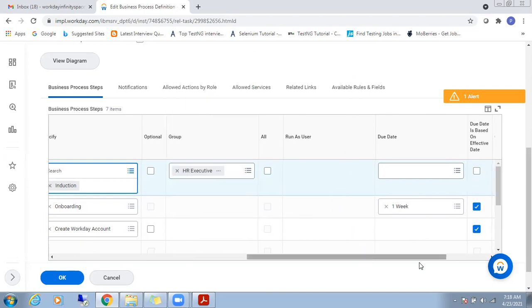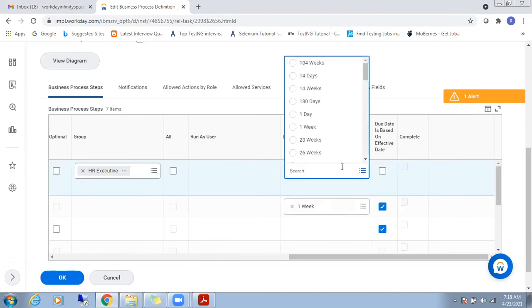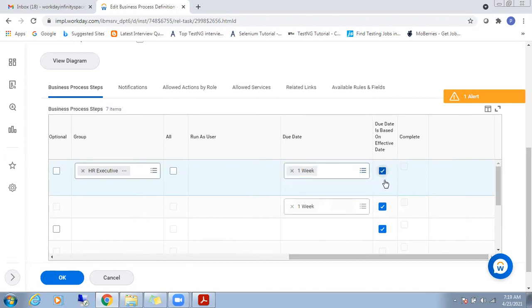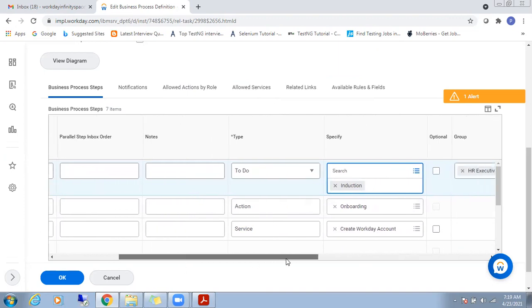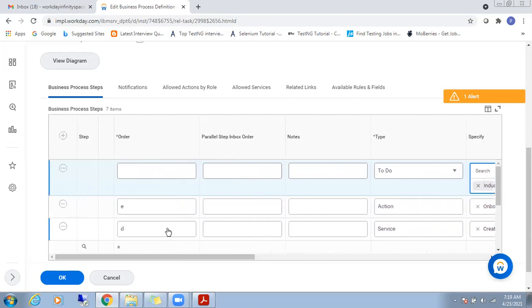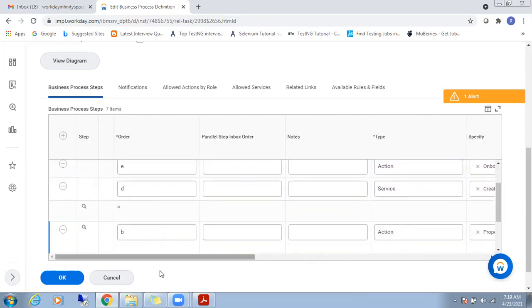Now see here, whenever we are creating any process, there should be a completion step. Remember this.